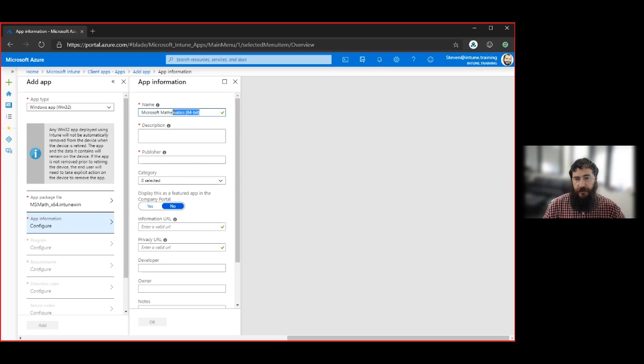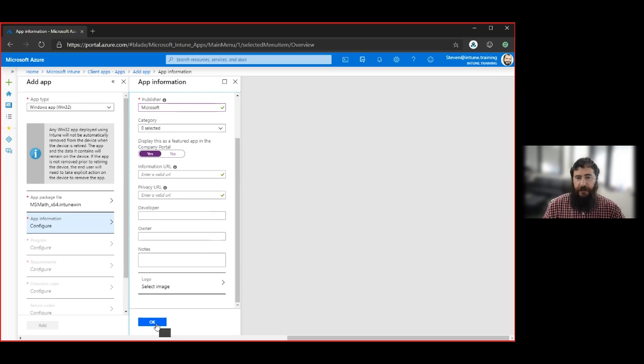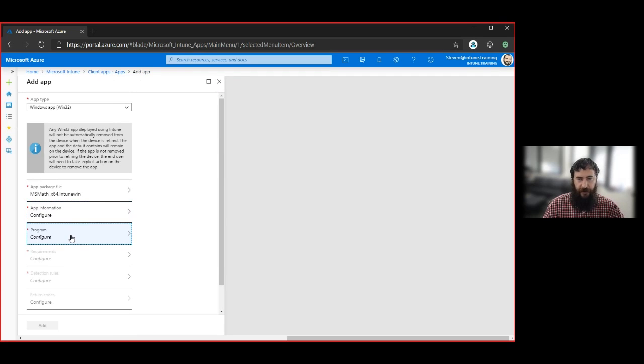So we can call it Microsoft Mathematics, or let's just call it Maths. Nice. You need to put a description in here. As you can see, it's denoted with that asterisk. And the publisher is Microsoft. We're going to make it a featured app because we like it. It's fun. And here's where you put your logo, but we don't have a logo,